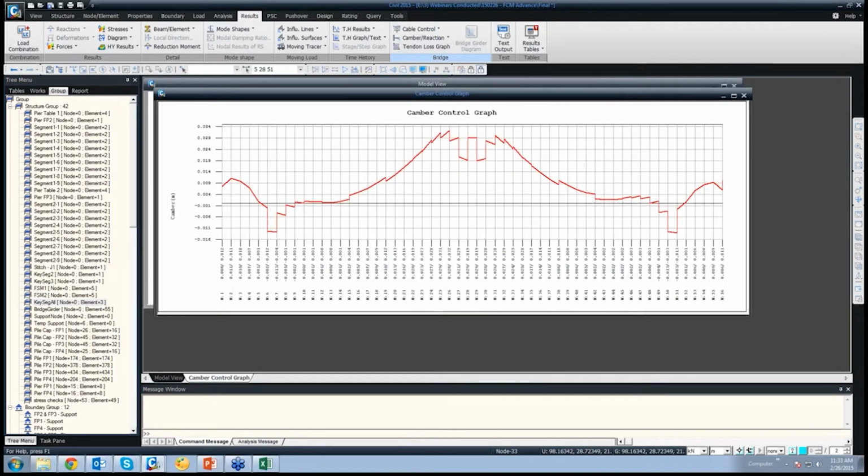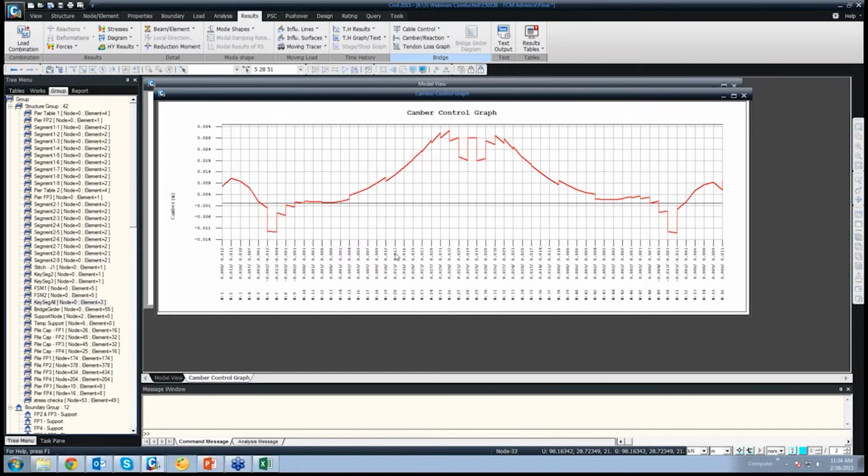So this camber control graph is made, wherein this location where it's almost horizontal and least, that place is the key segment. Key segment near the left span. This over on the right side is the key segment near the right span, and at the center where it is very high, again a straight line, that is the location near the mid key segment.